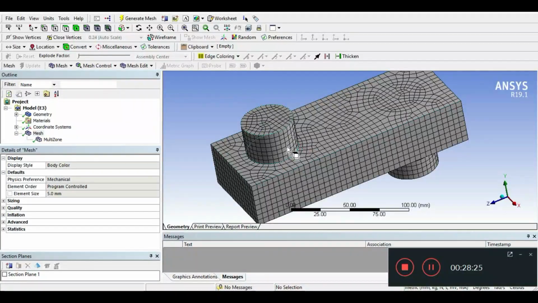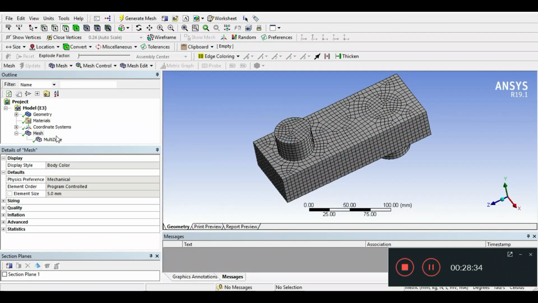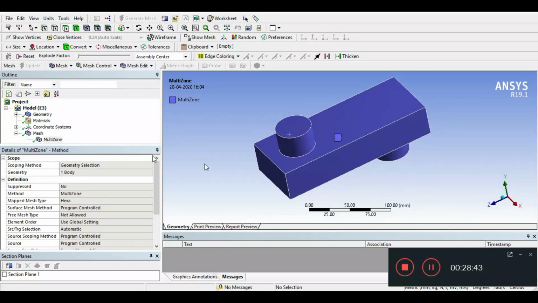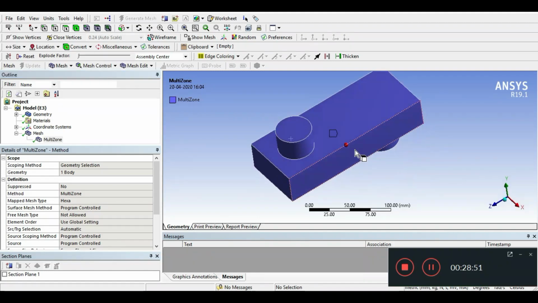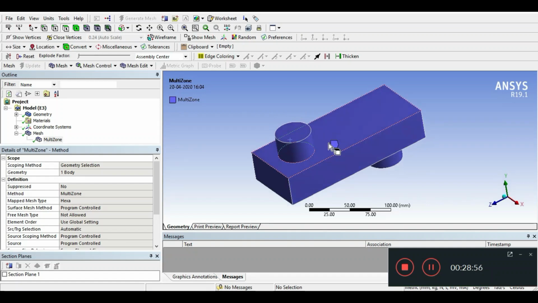Instead of slicing these 2 cylinders from the base body and creating 3 separate components, I am going to use this multi-zone method, and by using this method one can use this technique very efficiently, right? By using this multi-zone method, the software automatically decomposes this geometry into 3 mappable geometries and generates